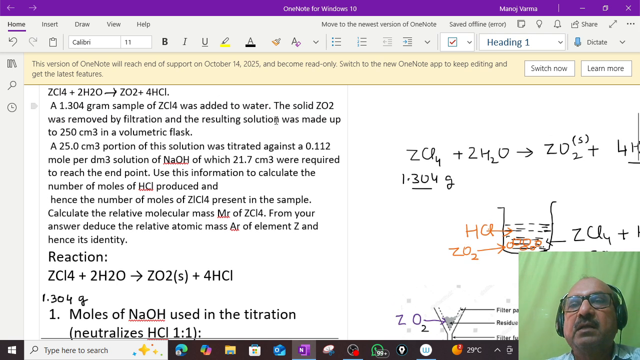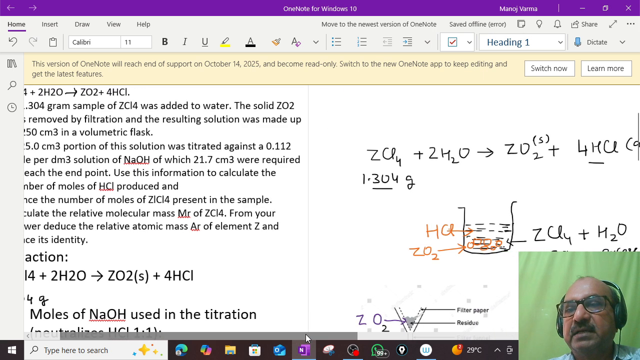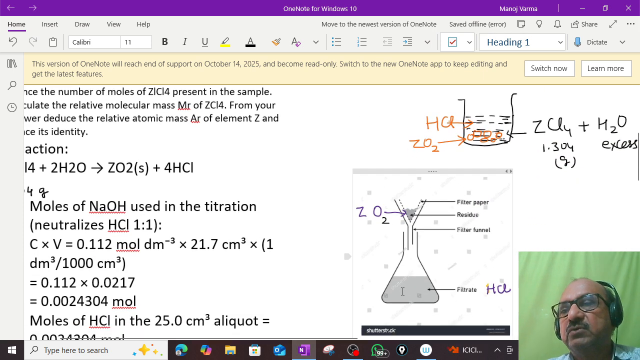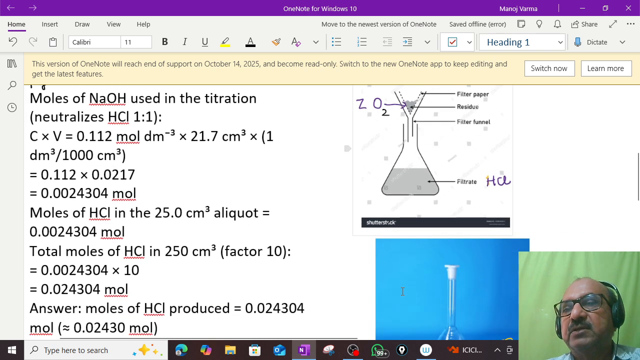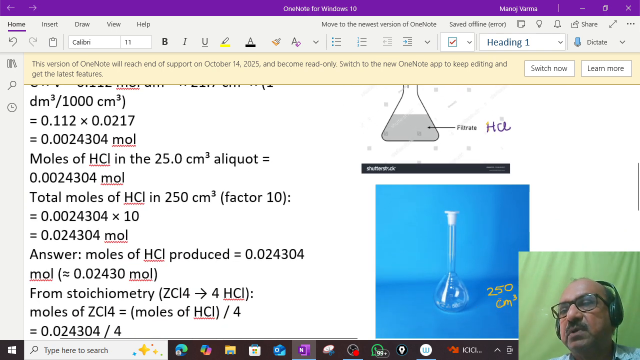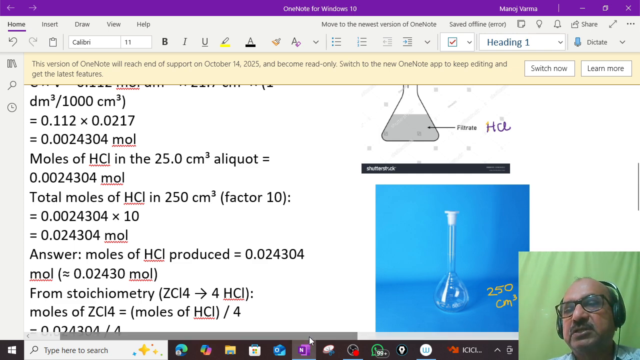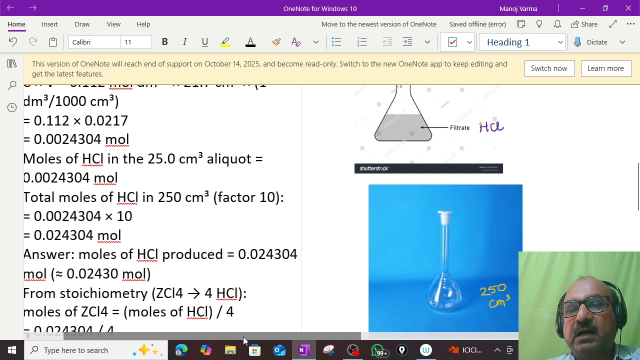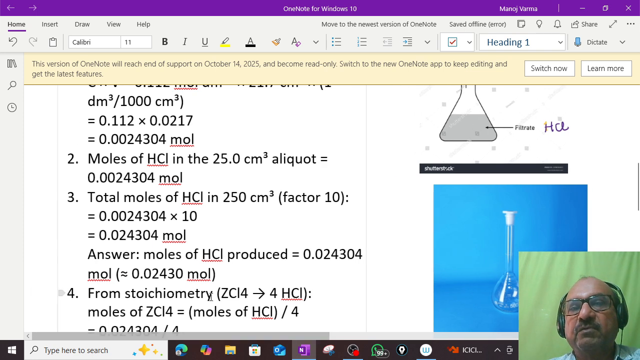So the resulting solution was made up to 250 centimeter cube in a volumetric flask. So what we have done here is that once this solution of HCl was obtained, a 250 centimeter cube volumetric flask was taken and the volume was made up to 250 centimeter cube by adding water. So up to this time this has been done. Now we proceed further,